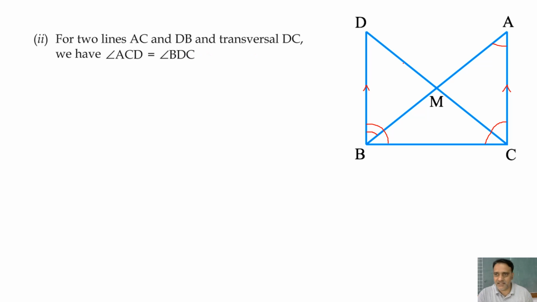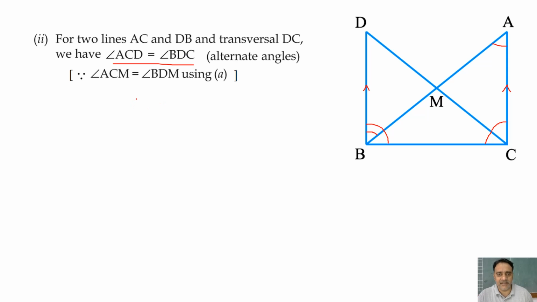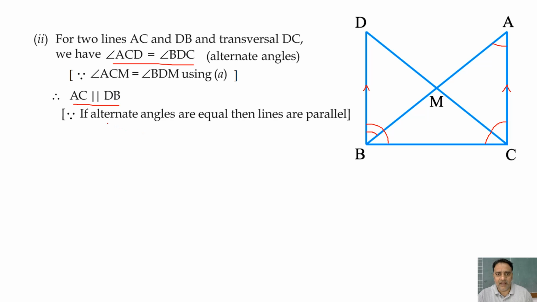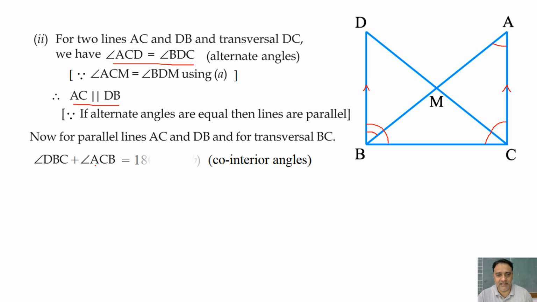So let us start with that step. These two angles are equal. You can take either these two angles or these two angles, but these are alternate interior angles. So therefore AC is parallel to DB. Now for parallel lines AC and DB with transversal BC, the sum of these two angles is 180 degrees,